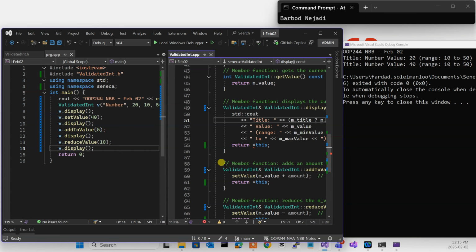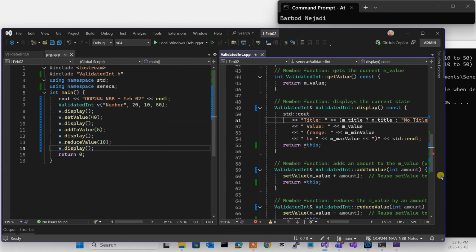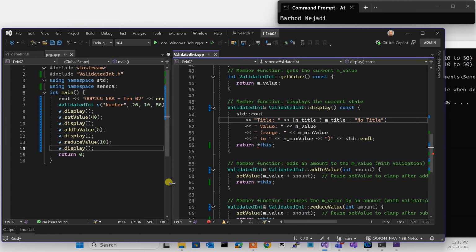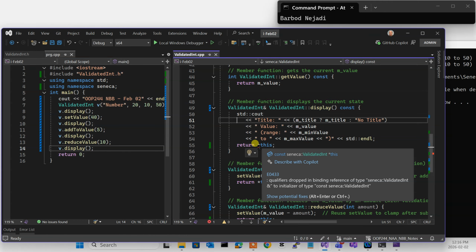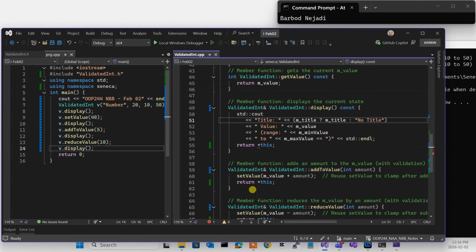Oh, amazing. Beautiful error message. Take a look. That was actually the perfect message that I wanted. It says, qualifiers dropped in binding reference of type, which essentially means you just told me display cannot change the